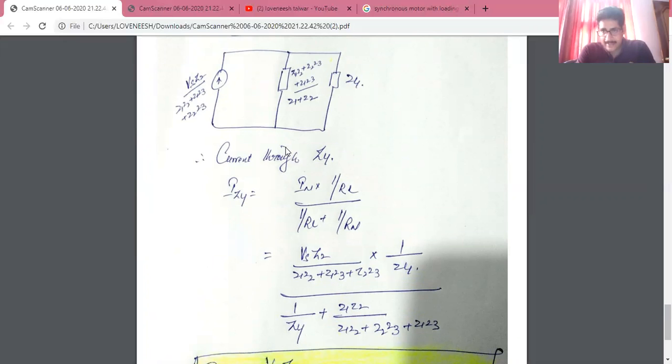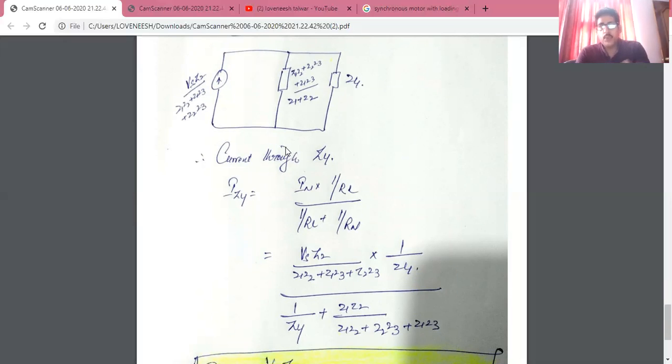This CDR says that if you have to calculate the current through a particular resistance and these resistors are in parallel, then the current in that resistance is given by the total current multiplied by the reciprocal of the resistance whose current we want, divided by the reciprocal of the same resistance plus the reciprocal of the other resistance in parallel. That is why the current through Z4 is the total Norton current IN times (1/RL) upon (1/RL + 1/Rn).